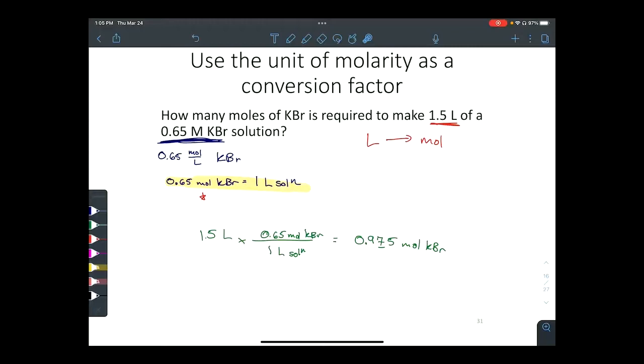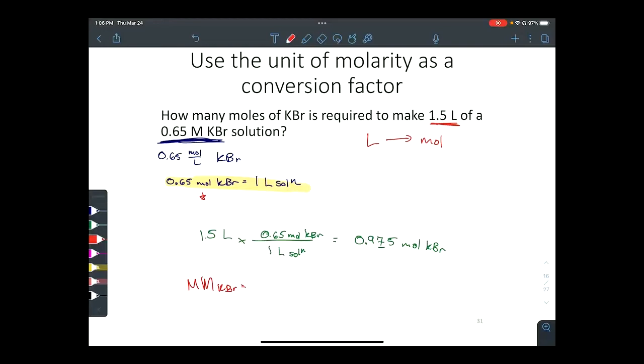Use the molar mass. So we still do the exact same steps. We just go one step further and use the molar mass of KBr to get grams. So you go through the exact same steps. So just for fun, why don't we do that? If I tell you that the molar mass of KBr equals